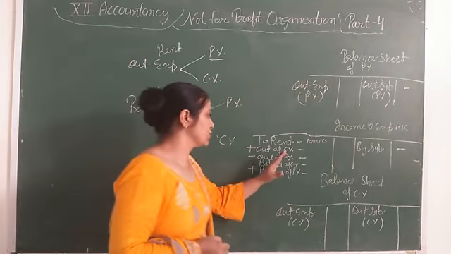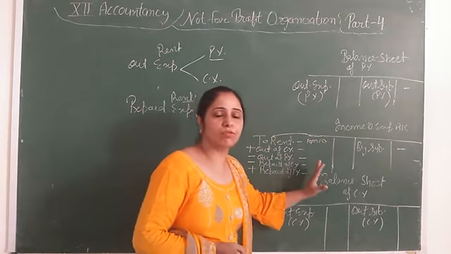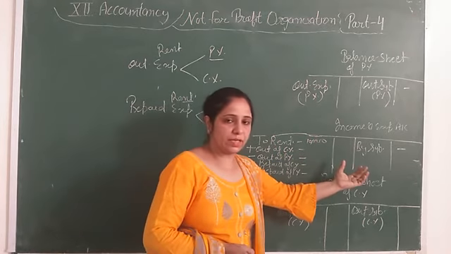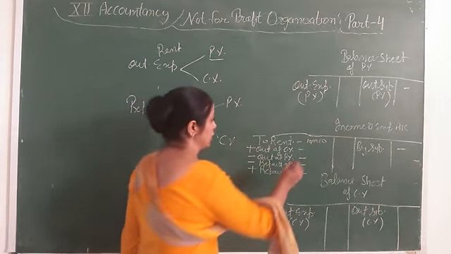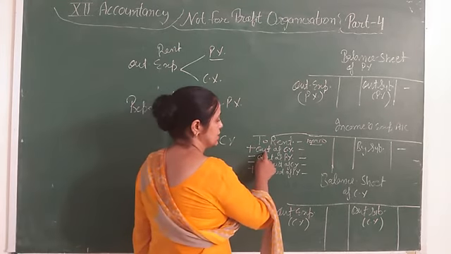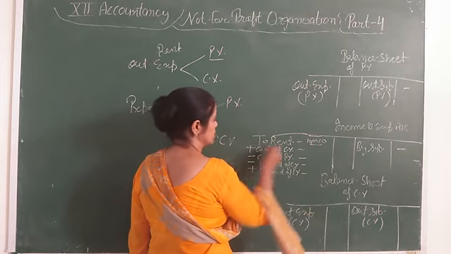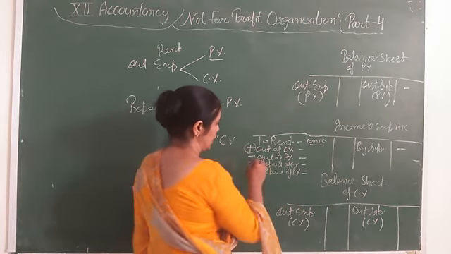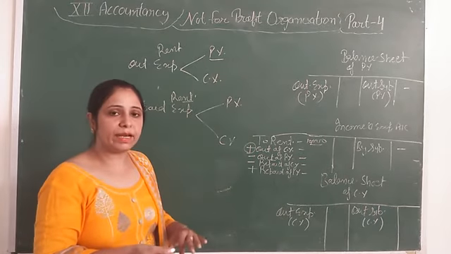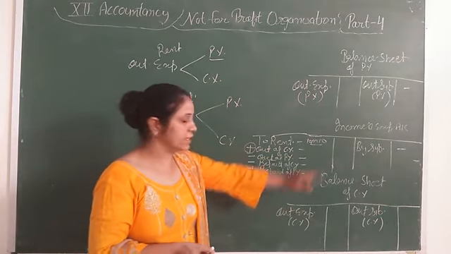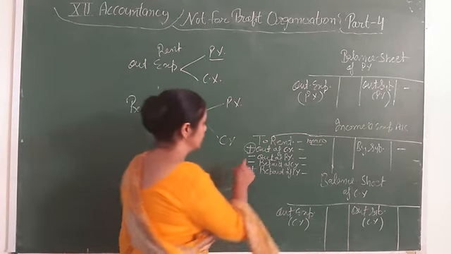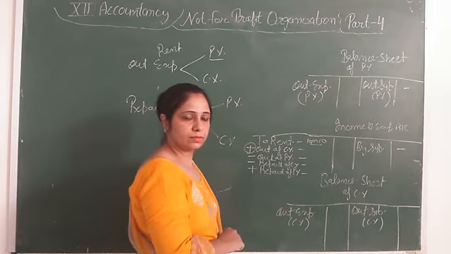Why do we do this? Because we have to find out the expense of only the current year. In the income and expenditure account we show the income and expenditure of only the current year. In the full year we have paid 10,000 rent. Outstanding of the current year is not paid, so it is not included in this; that's why we add it. Outstanding of the previous year, we did not pay in the previous year, which means we have paid it this year. So it is included in the 10,000, but it is not an expense of this year, so we deduct the outstanding of the previous year.